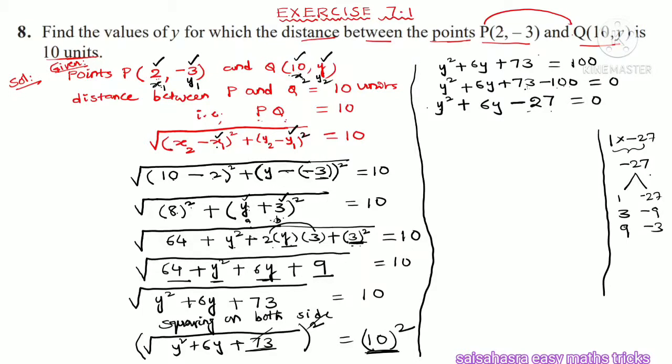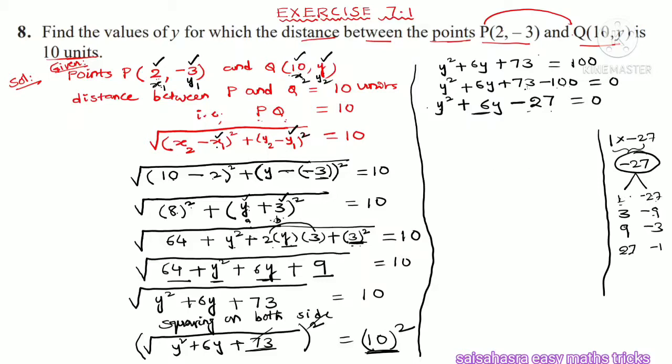10, 11, 12, 13 table. 27 will not come. So in which table will 27 come, that I am searching. So 27 into minus 1. By multiplying all these, you will get this minus 27. By adding which pair will you get a plus 6? That we have to see.